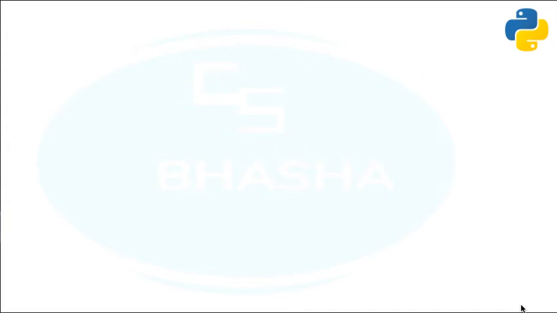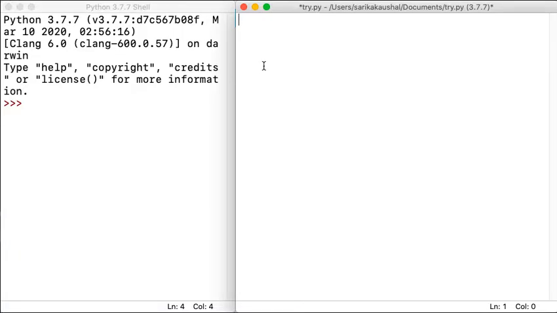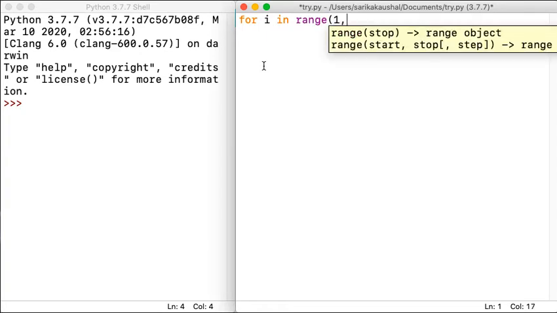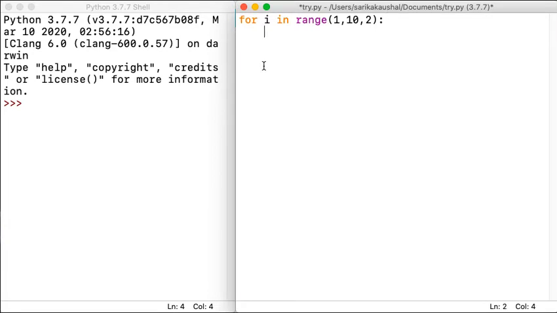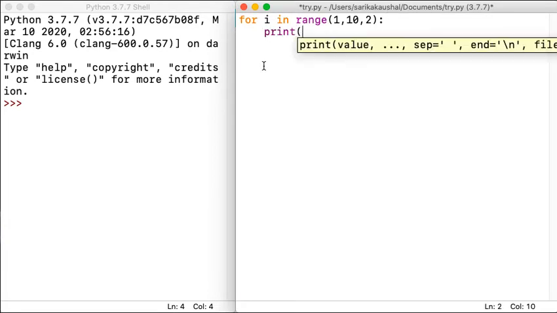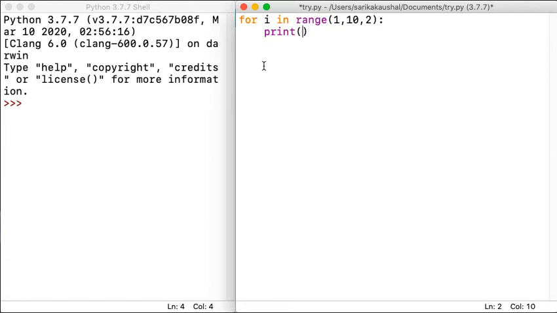So hi students, again, and this video is in continuation to the previous video of loop. So here we're going to talk about the while loop. To understand the while loop, you're supposed to remember a for loop. For example, if I say for i in range 1 comma 10 comma 2, and I'm trying to print the value of i, I will get this kind of answer, as you all know, because I'm quickly recalling.